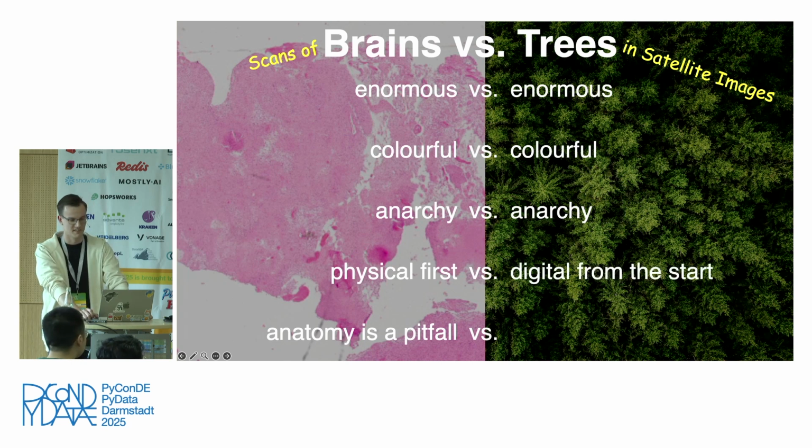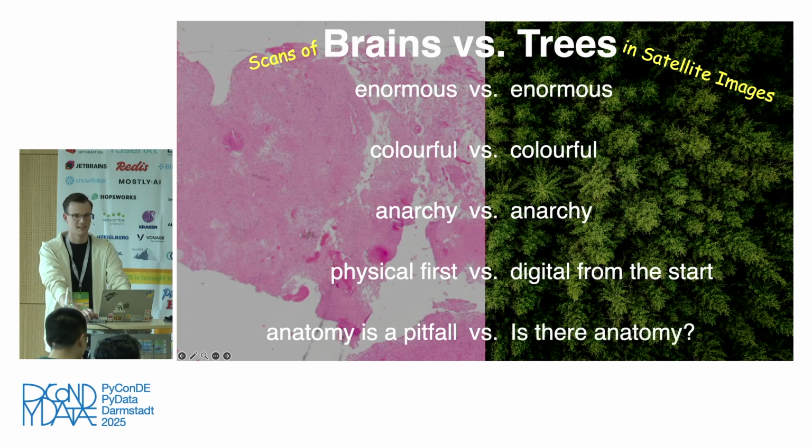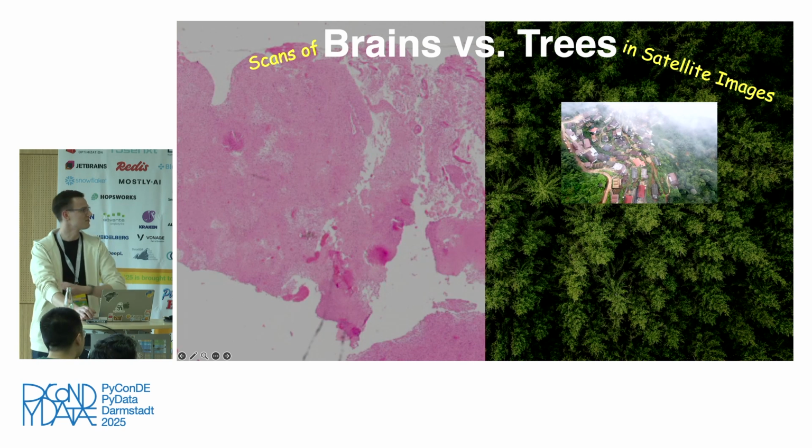To be fair, they are also digital from the start, more or less, but at least they also use some optical method to get their images. And I have no clue if there's any anatomy outside of the human body, but it feels like we are way closer aligned. Taking a look at the best examples for this, probably, I know, not a satellite image,